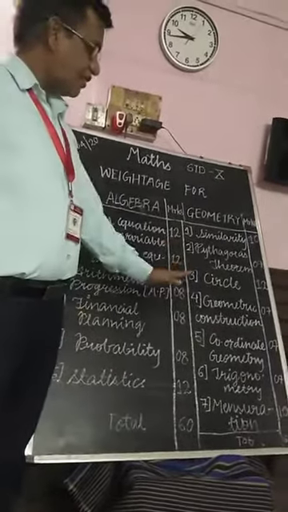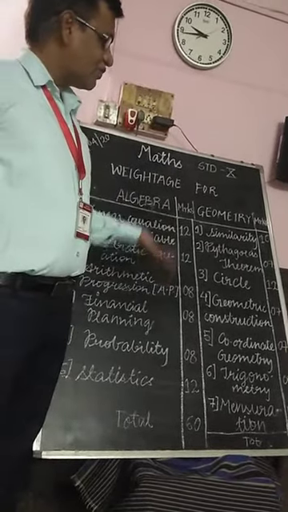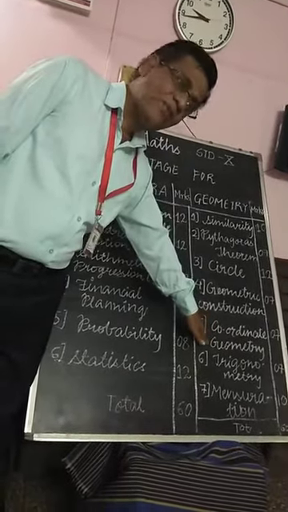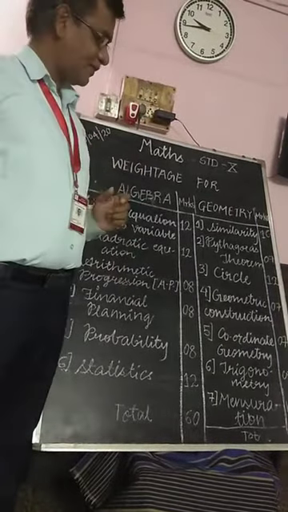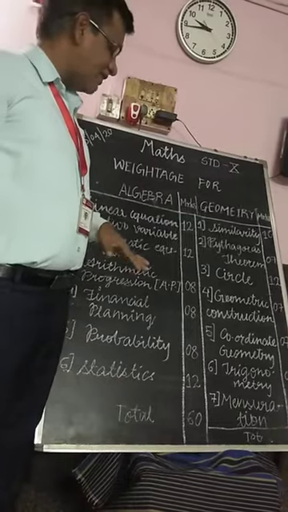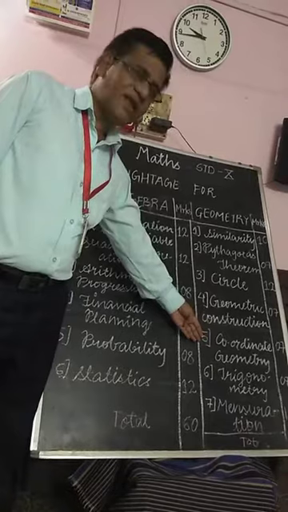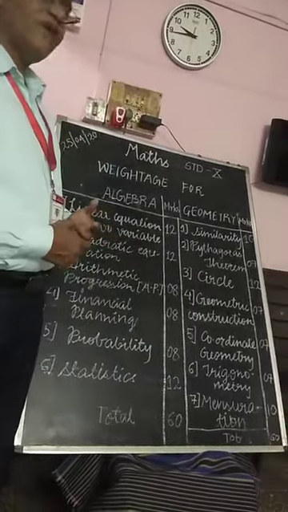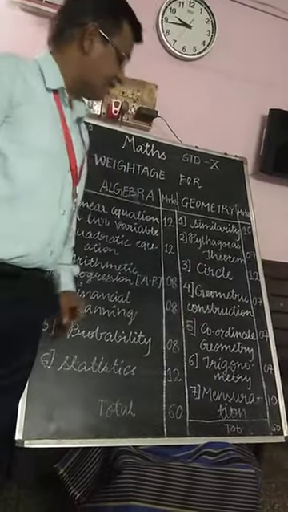Coordinate geometry is already in 9th standard also. Now you have to learn this coordinate geometry in 10th also, but here in 10th standard you have to find the slope of a line as well as the slope of parallel lines, and there are 5-6 different formulas. When you know those formulas you can solve the different sums and find their values. It also carries 7 marks.